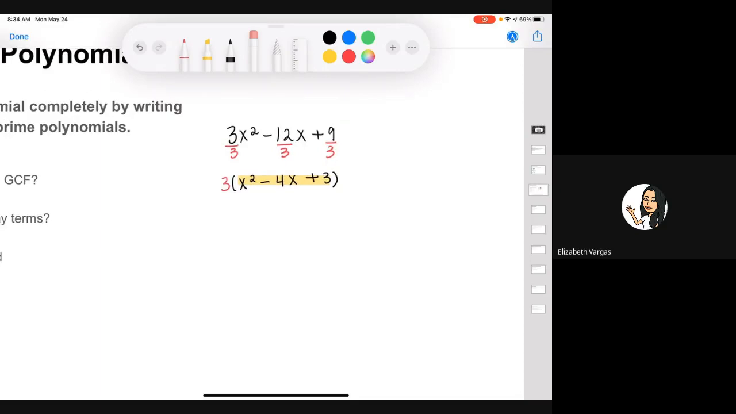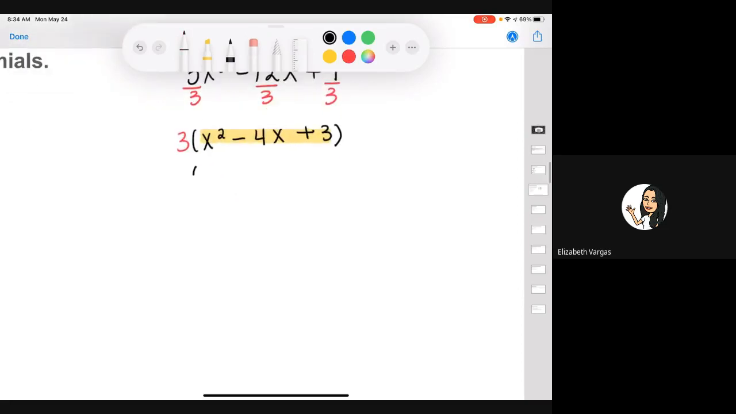Basically, what I want is to create an expression where I have two values that multiply to positive 3 and add to negative 4. So, multiply to positive 3 and add to negative 4. And the way that I can make sure that I do that is I can look at